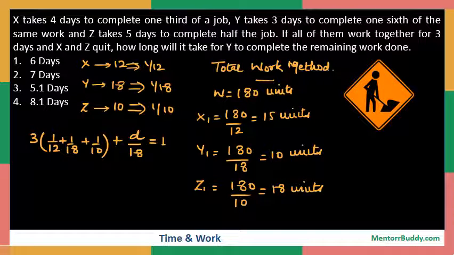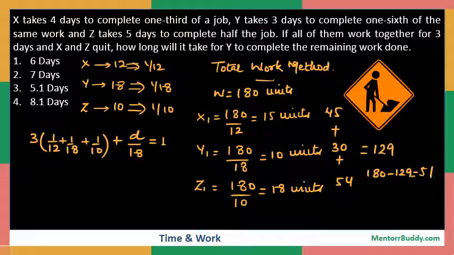Now in the question it is given that all three of them are working for 3 days. So in 3 days X can finish 45 units, Y can finish 30 units, and Z can finish 54 units. Therefore the total work done would be 45 plus 30 plus 54, which is equal to 129 units. What is the remaining work? 180 minus 129. So the remaining work is